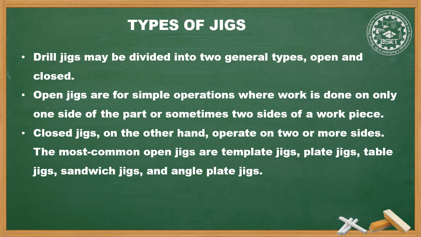Template jigs are normally used for accuracy rather than speed. This type of jig fits over or into the work and is not usually clamped. Templates are the least expensive and simplest type of jigs to use. They may or may not have bushings. When bushings are not used, the whole jig plate is normally hardened. So basically there are two types of jigs. One is open type and another is closed type. We are going to learn a few of both the types of jigs in the further session.